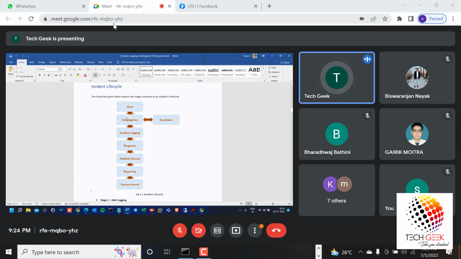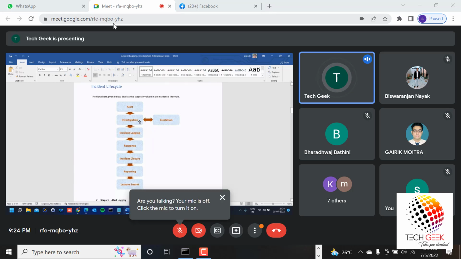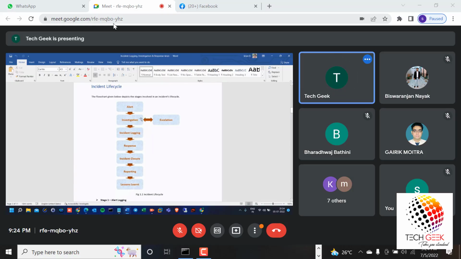When it comes to investigation, we need to get more details, like source IP, destination IP, and port numbers are also important. I think everyone knows port numbers and protocols. Those things are very important as a security analyst. Next, device names, user names. We need to find those things in the raw logs and data. In the SIEM tool, we get all the details. We need to observe those things and collect that information.